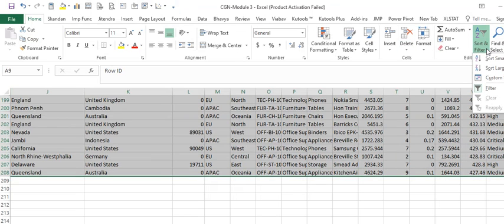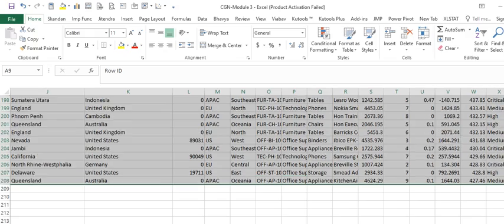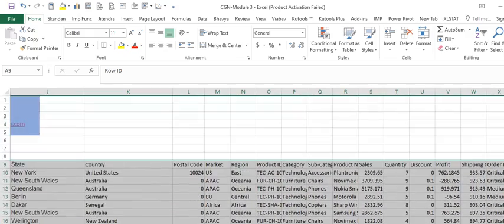I have selected the data and I'm just removing the filter. Now I will go and do a data sorting. Let me say again, we have to select the data, and then we have to apply a sort function. So I'll go for a custom sort here.